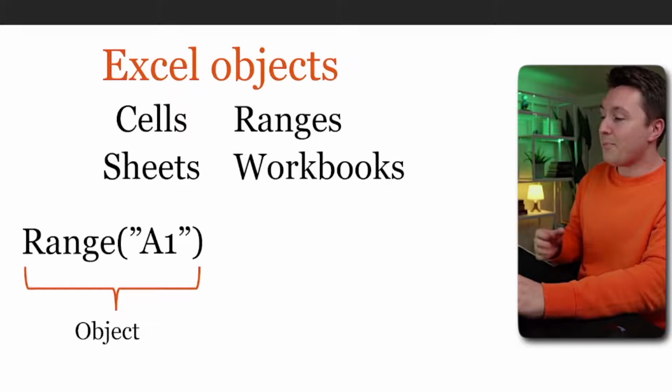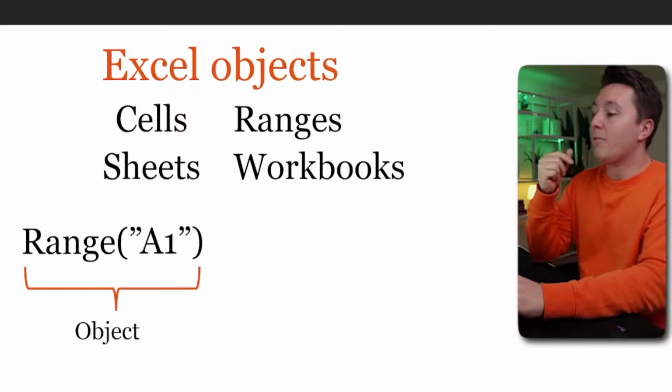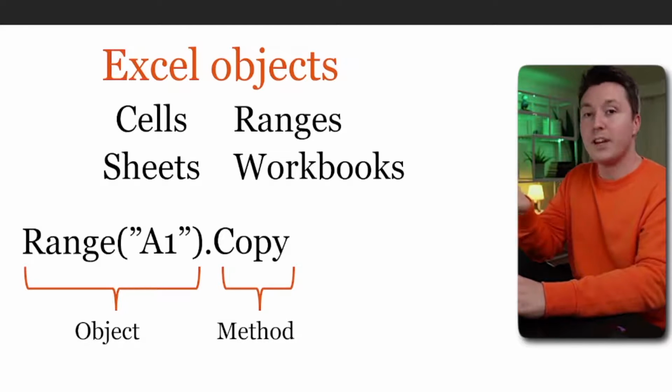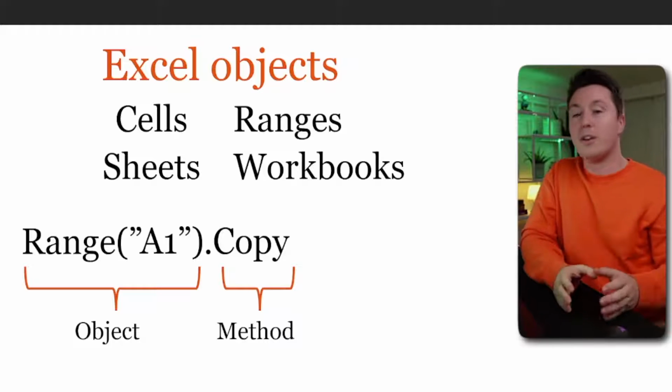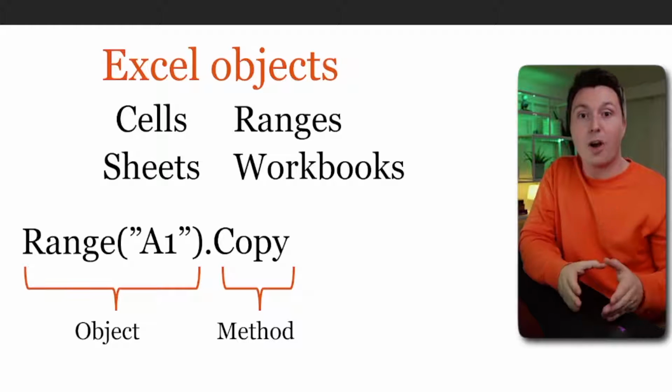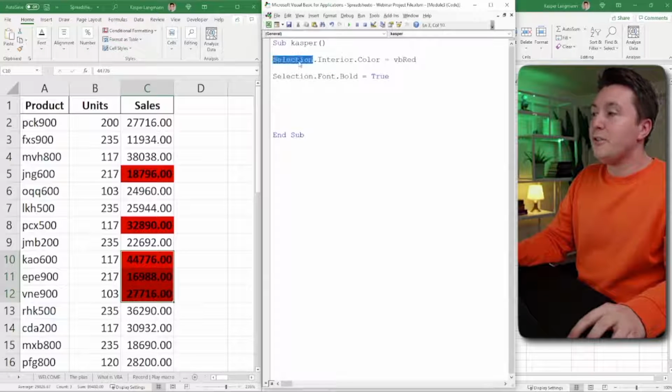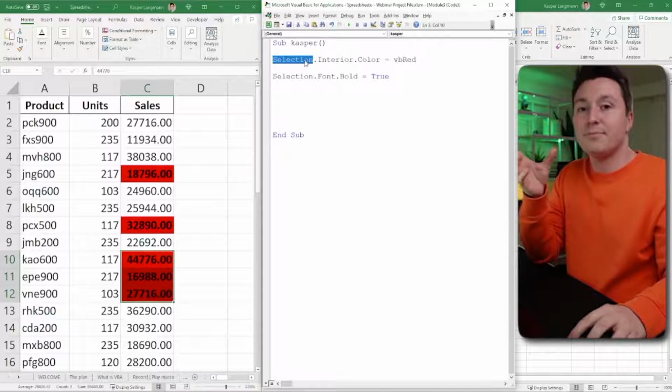The range, this object here, range A1, can also have methods, which could be to copy, and that's a method. So you can copy the range, and then you're using a method on the object. You are copying the object. So for us to use this, the selection here, that's the